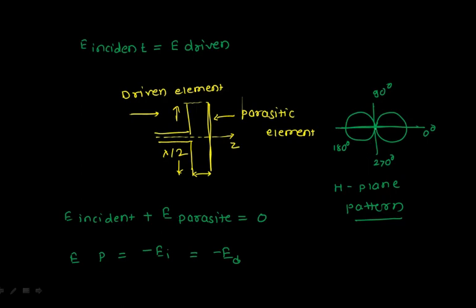So whenever you get maximum radiation at 0 degree and 180 degree, this kind of pattern is called the end fire pattern. These things we are going to discuss in a later part of this particular unit. Right now you understand this pattern is the end fire pattern. So I'm getting a front lobe, the major beam, and I'm getting a back lobe also. Is it a desired one? I just want to increase the directivity.